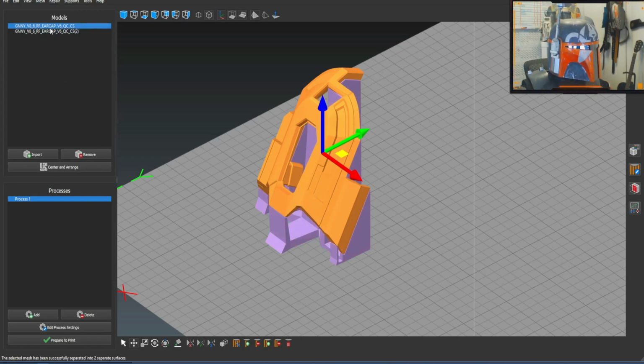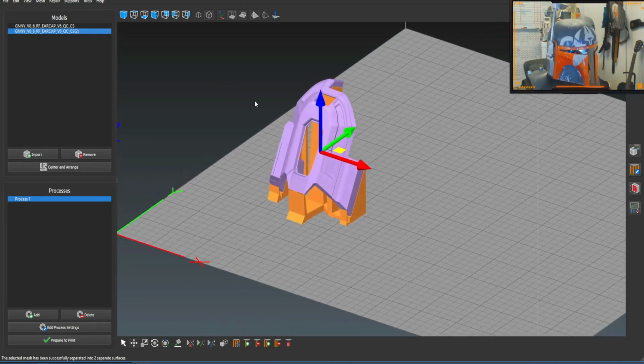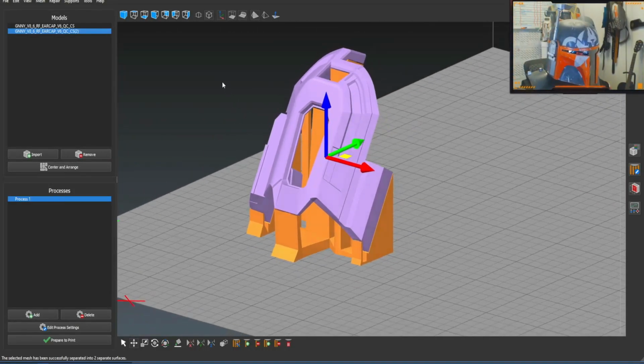So now what that does is it has created the custom supports. This is the model, and now we have the custom supports. Now in Simplify 3D, this is really, really easy. It's actually easy to do in the other slicers too. It's just, I don't feel like it's as intuitive. It could just be because I've been using Simplify for so long, but basically what I can do now is